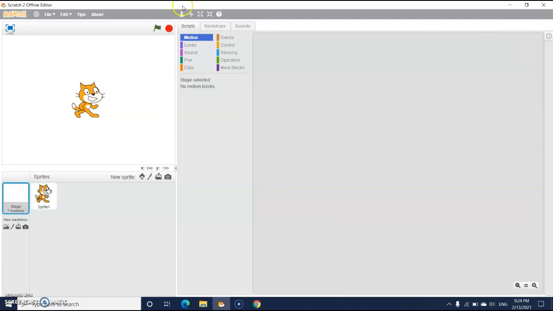Cursor control tools. Cursor control tools are located at the top of Scratch window. There are 4 different types of cursor control tools. First is duplicate. This option creates the duplicate copy of the selected sprite. When you select this option, you will get a stamp-like symbol in place of mouse pointer.